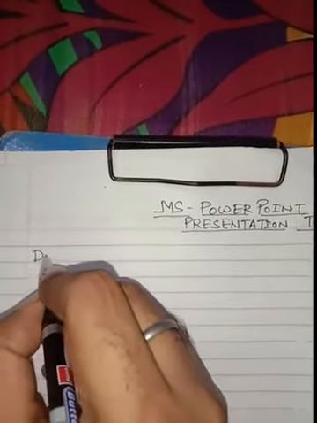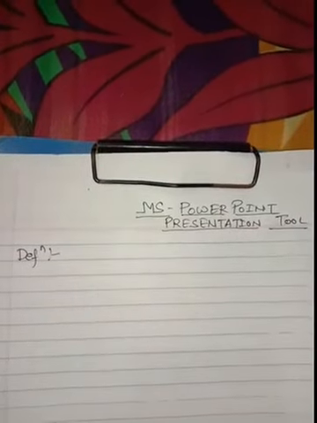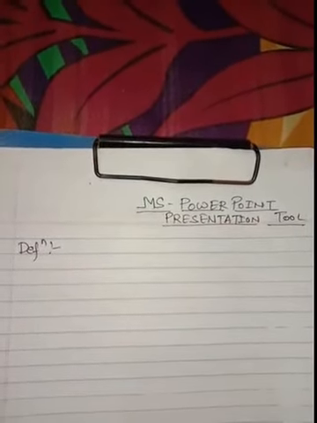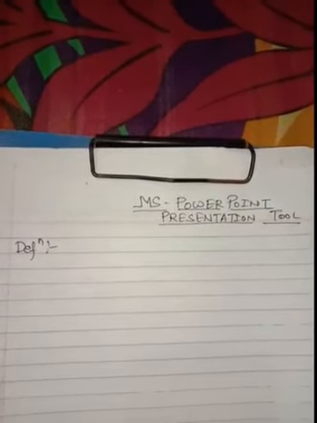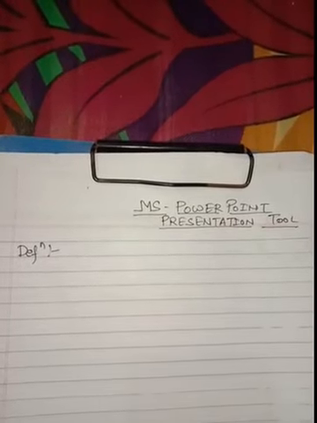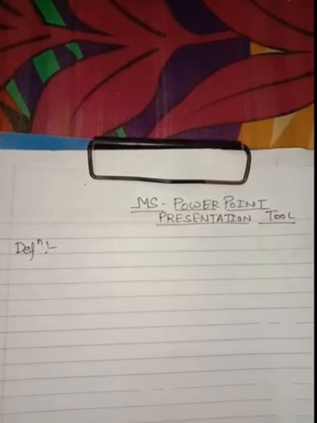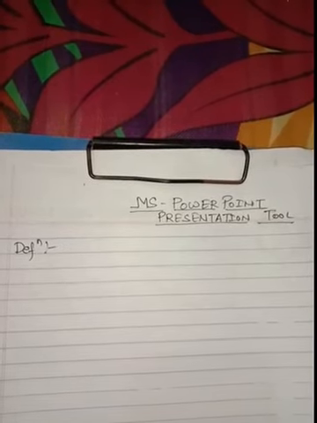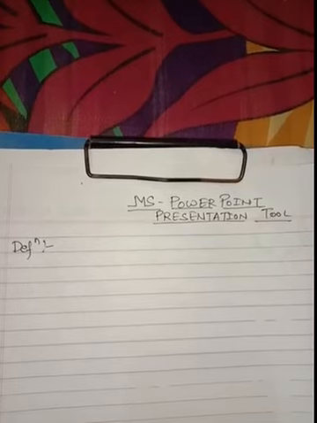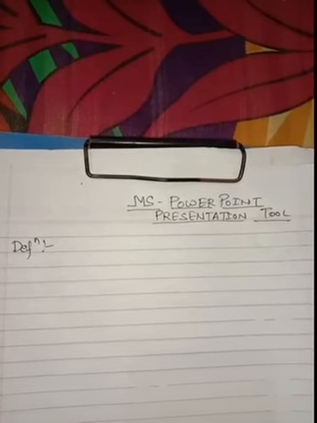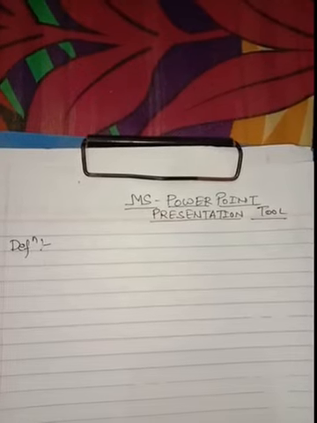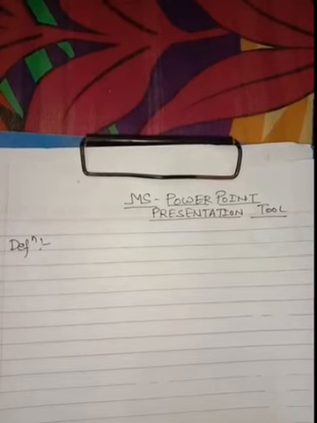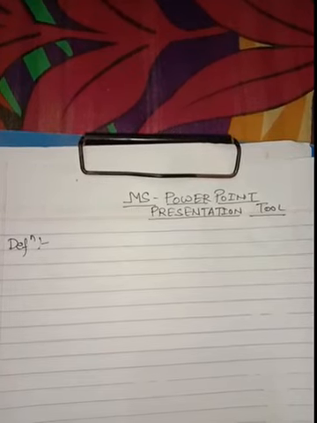We can say the definition of MS PowerPoint. Whenever we are asked what is MS PowerPoint, we can say it is an application software that is mostly used for making the presentation. It is used by the common people, professionals, businessmen, etc. All of the people can use PowerPoint to make presentations. It is a part of MS Office. It is used to create beautiful presentations. The data can be imported from MS Word, MS Excel, Paint, etc. to make the presentation more effective.